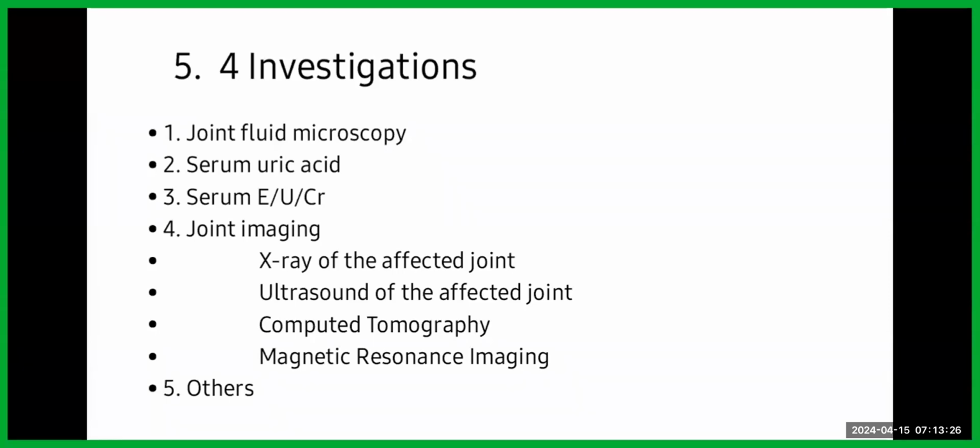Uric acid, electrolytes and creatinine, checking for kidney function, is very important in 3 ways. One, one of the commonest causes of hyperuricemia leading to gout is impaired excretion of uric acid by the kidney. So we need to see the background. Could it be that renal disease is one of the causes of this gout? Also, for most of the drugs that we are going to give, we have to be cautious of the kidney function. So that's also very important.